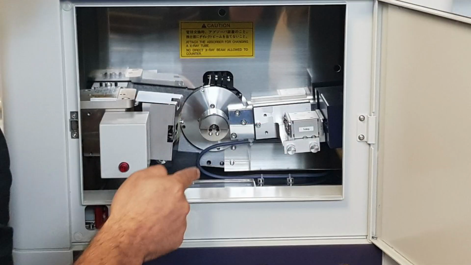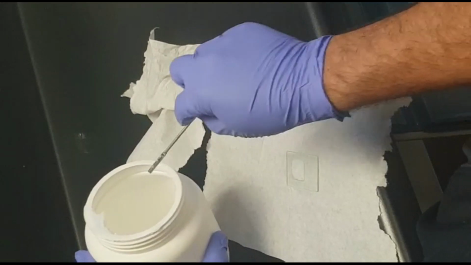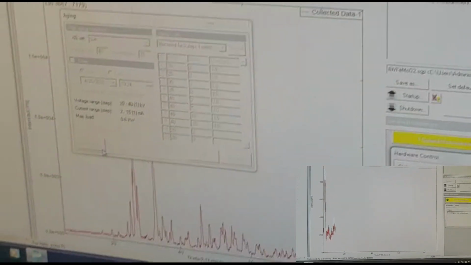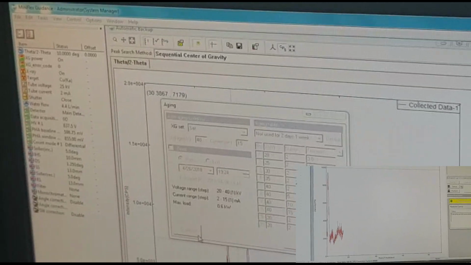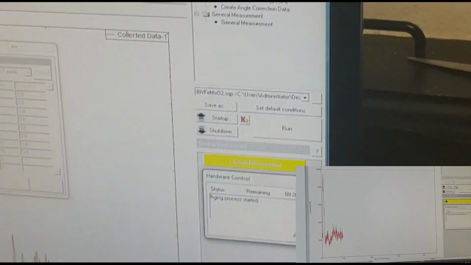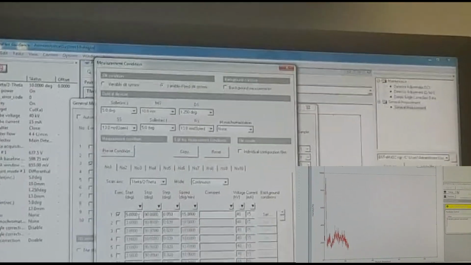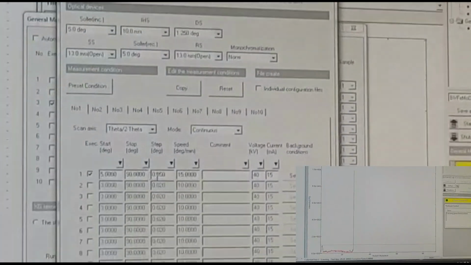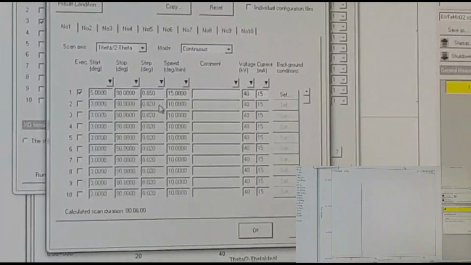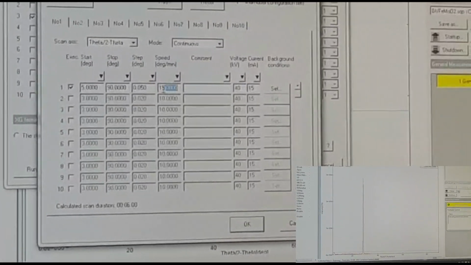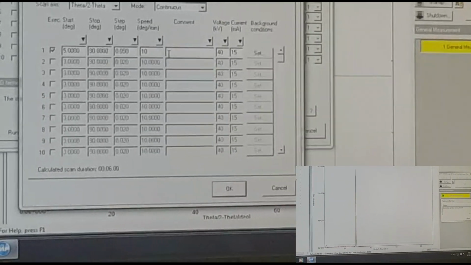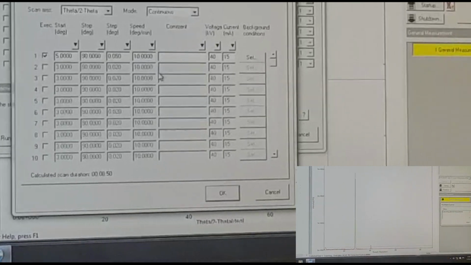Just as it was previously explained, inside the X-ray diffractor there was a tungsten filament which was heated in order for it to shoot electrons into a copper plate. This is in essence the photoelectric effect. We then inserted a small film with a potassium chloride sample and used 40 kilovolts and 50 milliamperes through a process called aging. With the help of the software Miniflex, we obtained the following interference graph after some time,